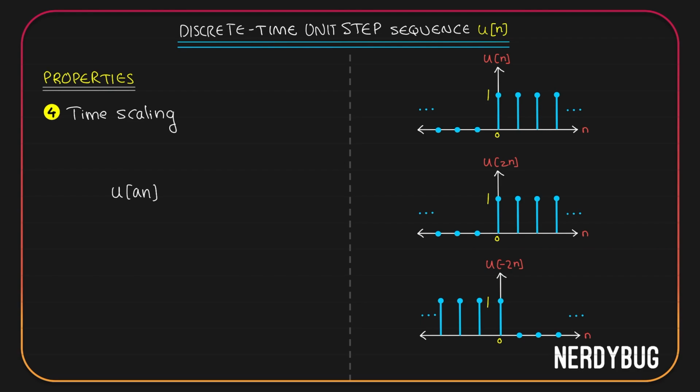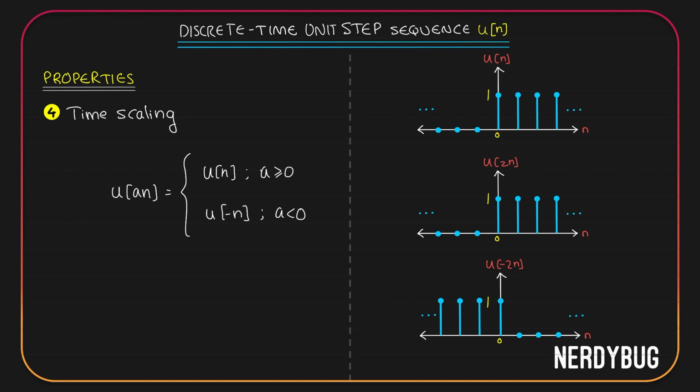So u of an can be written as u of n itself if a is greater than 0, and it can be written as u of minus n if a is less than 0. I should write a greater than or equal to 0 because 0 is also to be included. Now the question is,